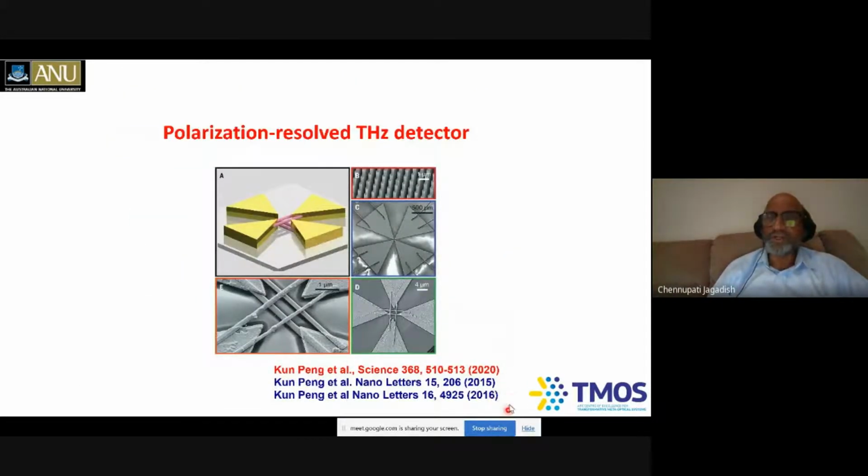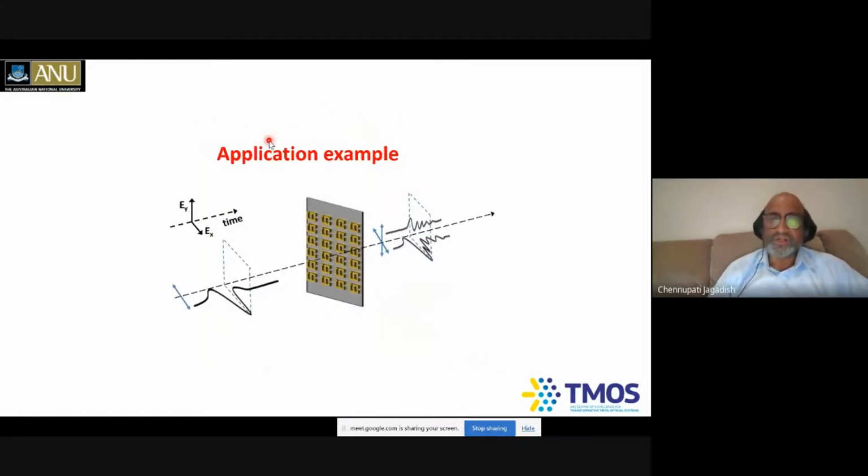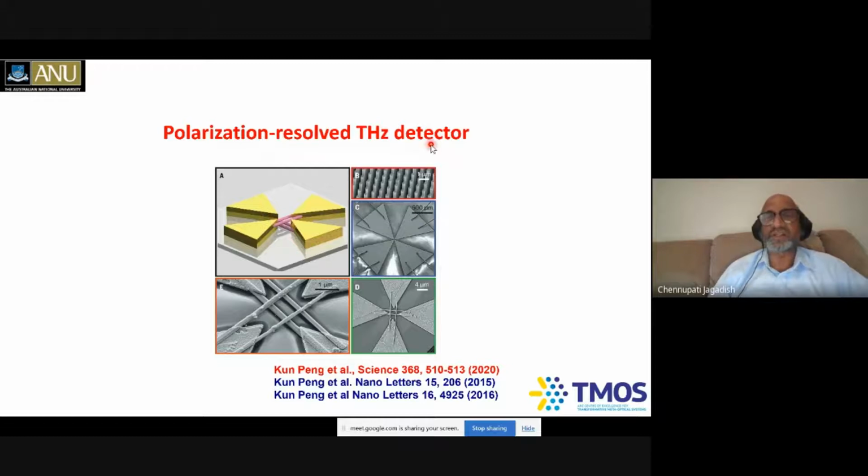To cut a long story short, Kun Pang demonstrated during her PhD gallium arsenide single nanowire terahertz detectors. These are amplitude and phase sensitive, room temperature operating terahertz detectors. Then she also demonstrated indium phosphide nanowire terahertz detectors. But let me share with you the most recent results. During her postdoc, she has been working at Oxford, along with my group at the ANU, and also Professor Martin Dawson's group at the University of Strathclyde. In this case, we are trying to develop these polarization resolved terahertz detectors.